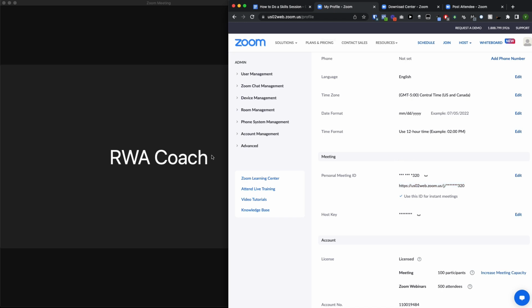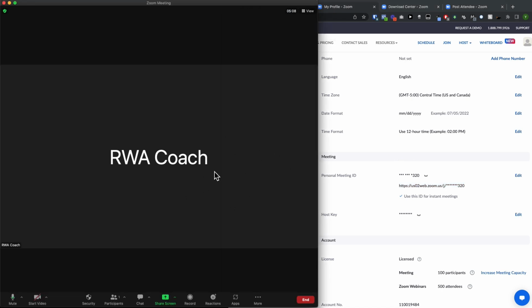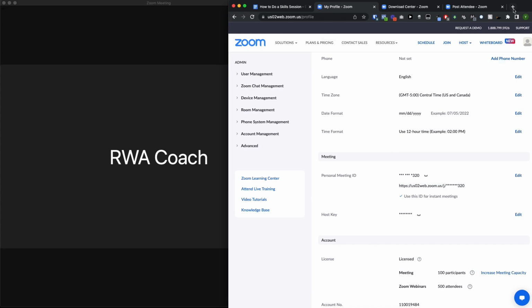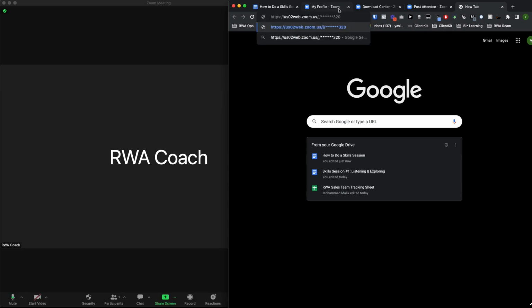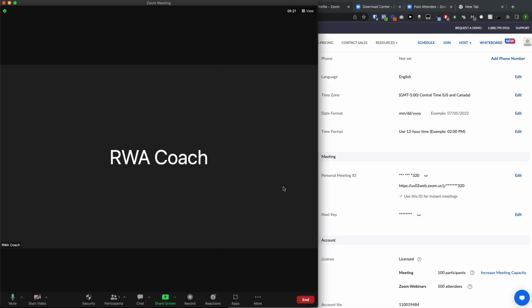And when you have this software downloaded, what I usually do is I just open up a browser tab and literally paste it there. From there, it goes ahead and opens that Zoom client meeting up. Okay, so that's one way that you can do it. You can also open up the software and go from there.